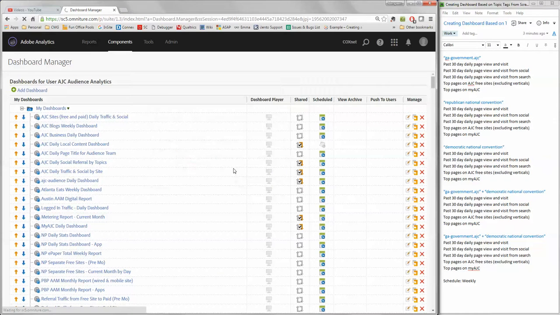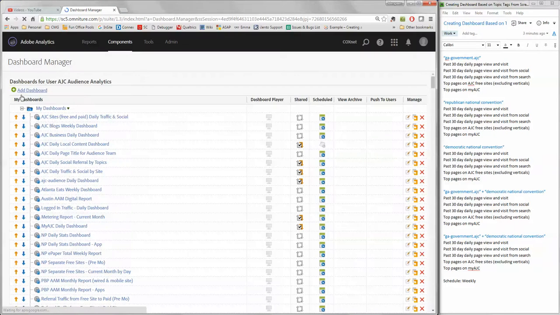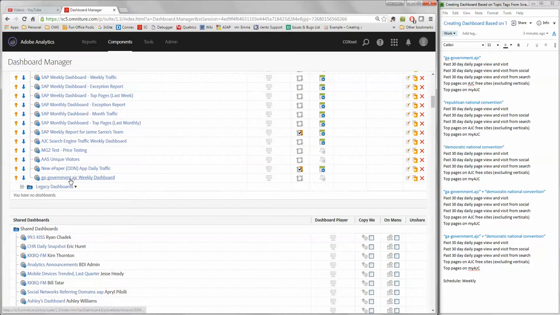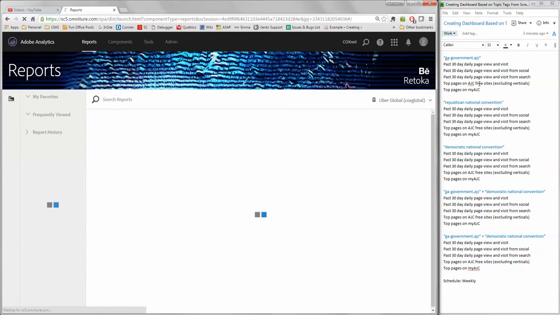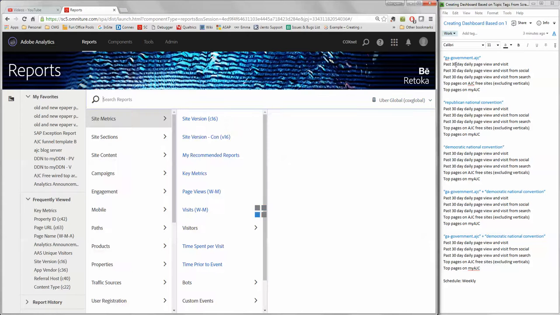So now the page will refresh and it will appear at the bottom of my dashboard section. So if you scroll down a little bit, right here, that's the new dashboard. So now we got a dashboard template. We need to go to reports to actually pull each one of the reports and add them to the new dashboard. Okay, let's do the first one,